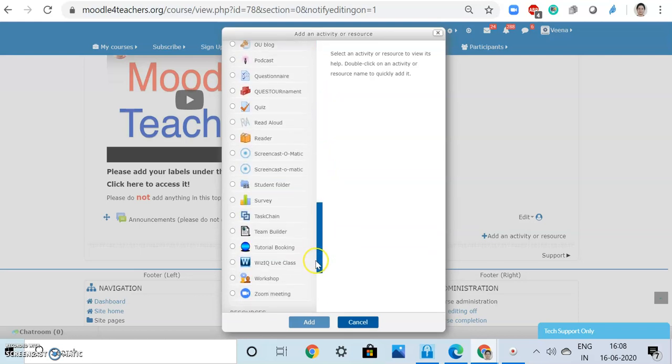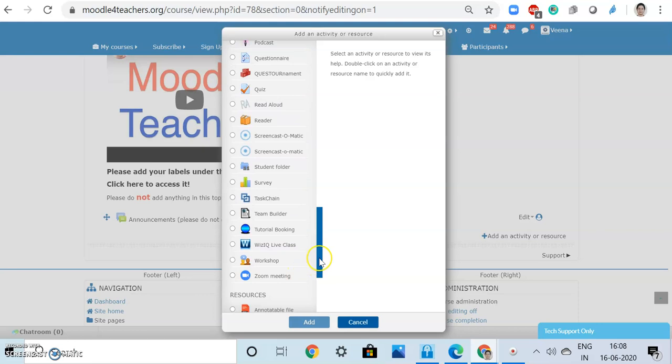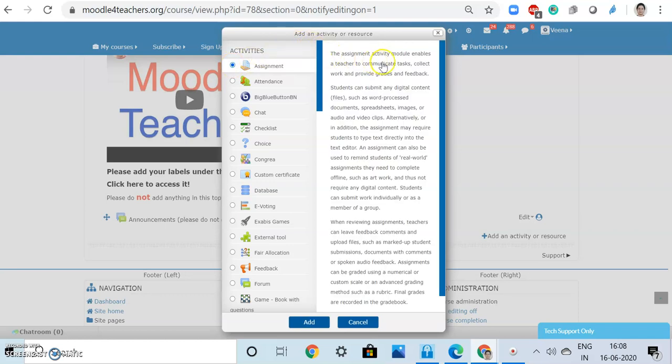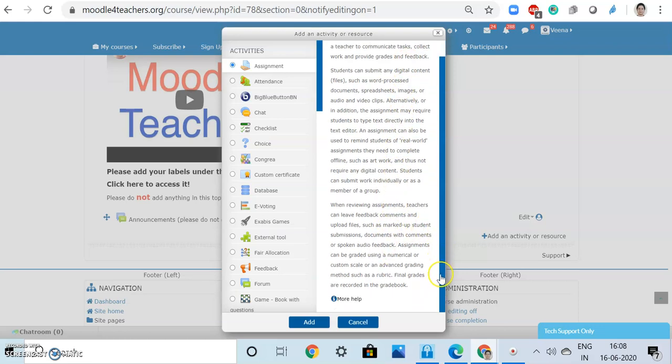So we started with the assignment, and this is A to Z. Most of them are spread over for different purposes, and there are some with a similar utility, like the assignment over here. When you click on it, it gives you all the details about the assignment activity, which enables the teacher to communicate tasks, collect work and provide grades and feedback. So this is one such activity which you can have for your students, and you can have the grading also done. Similarly, if you see the feedback,